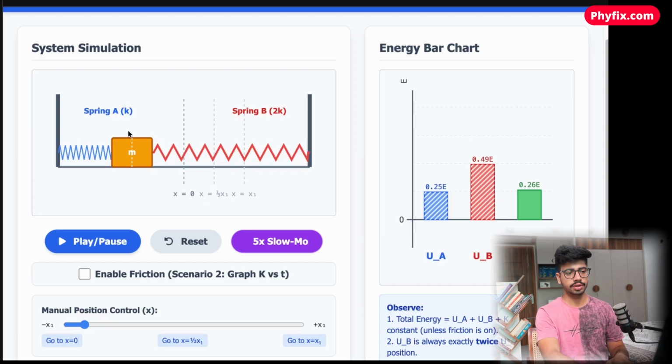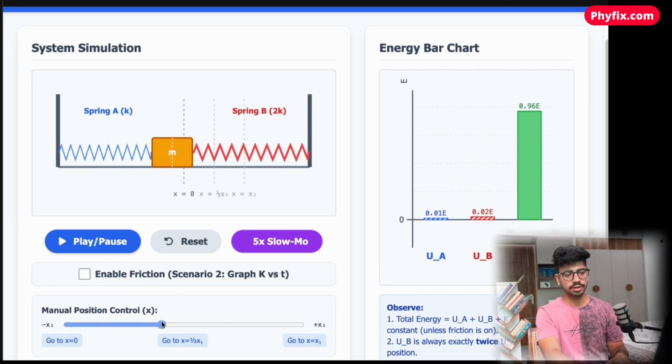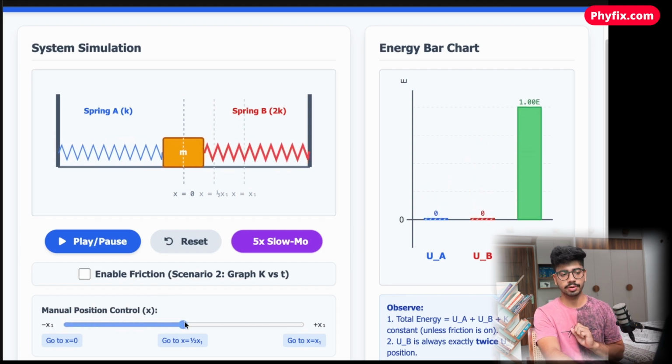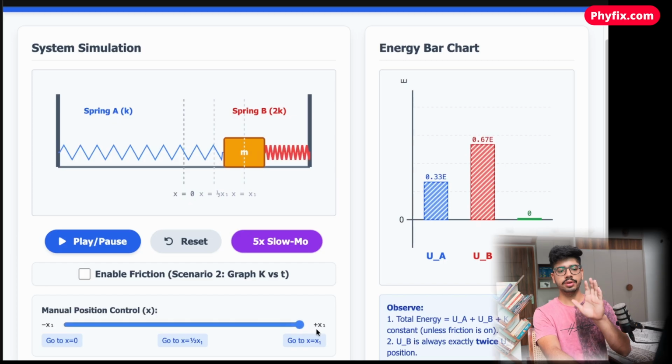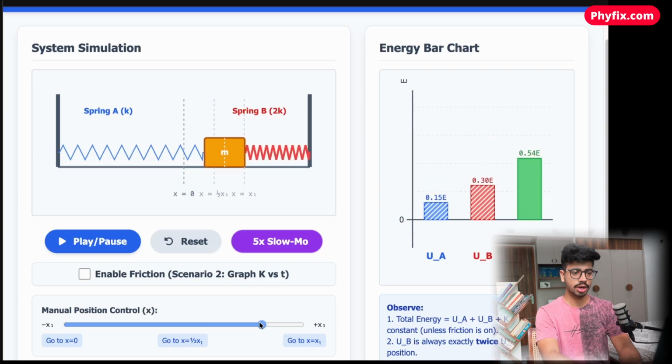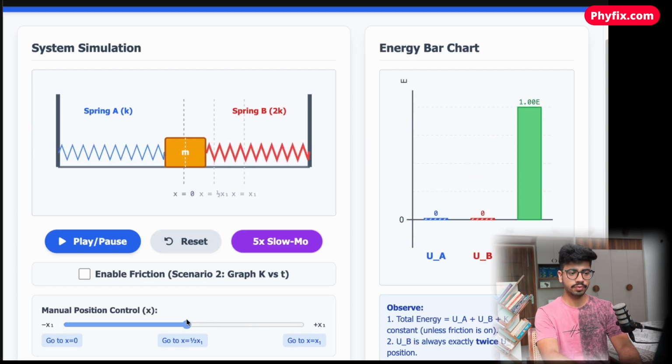This is the half of the time period. As it is going to come back, and this is 3/4 of the time period. This is the complete time period, one time period. So in that time, you experience that the kinetic energy is becoming peak at the t/4,